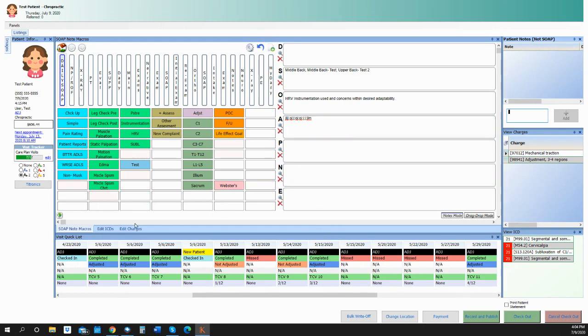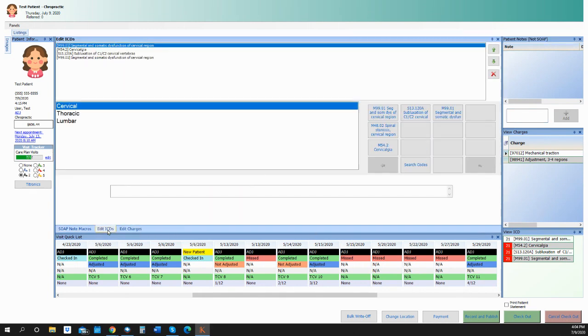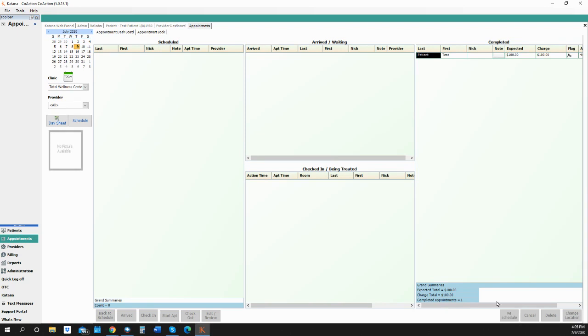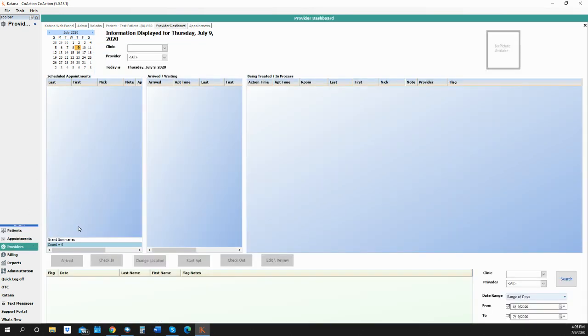And if they notice that maybe charges weren't entered or ICD codes weren't entered, they can place in the specific flag associated with that missing information. And once they're done with the patient, they would hit checkout. That would actually move the patient to the completed column, finalizing them for the day. You can still see the flag associated with that patient because we didn't do what was needed to remove that flag. So if I go back over to our provider dashboard, you no longer see the patient because they are